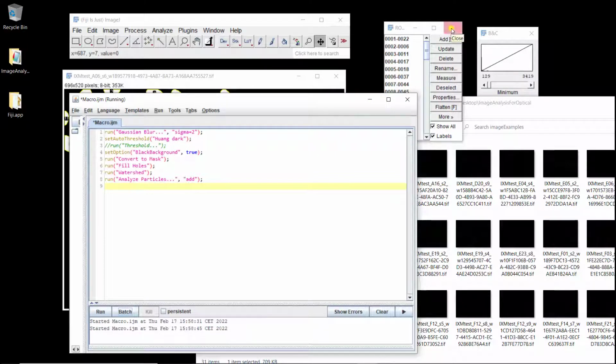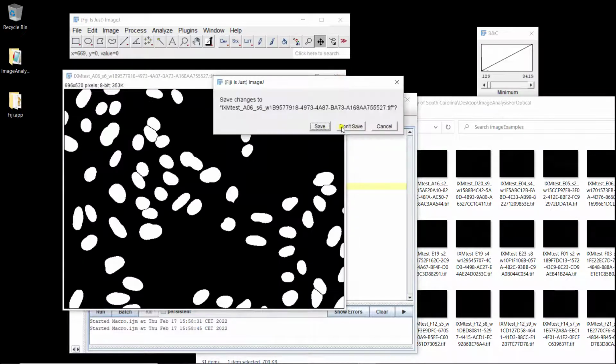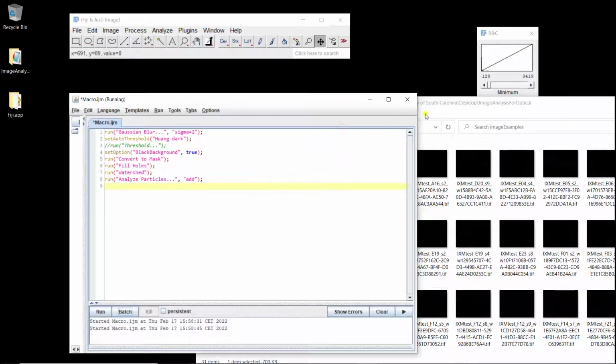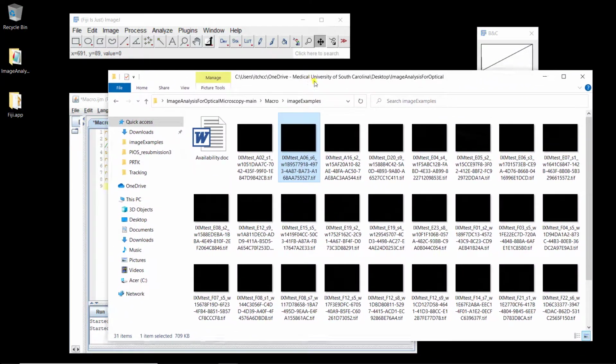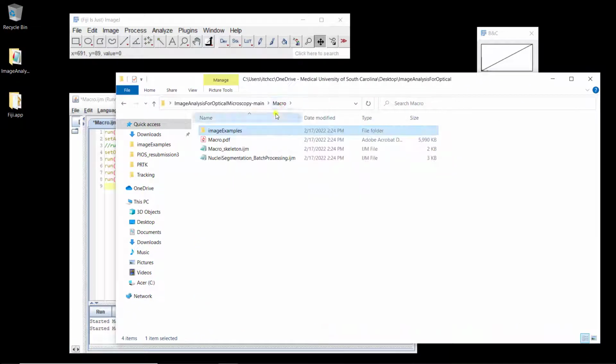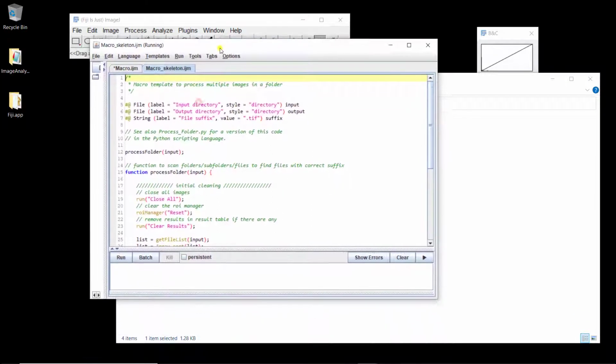But you know, the interesting thing when you try to automatize everything is that you can actually automatize everything, and I don't have to open each image and do this. I can just call a macro where I'm going to insert these different columns. So now I'm going to open a skeleton of a macro here,